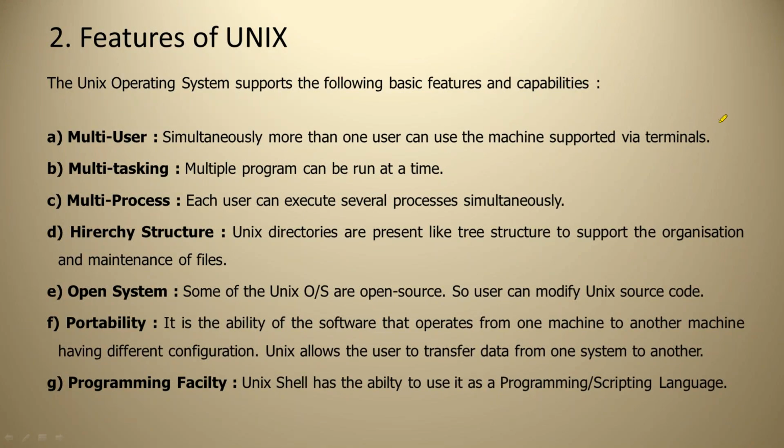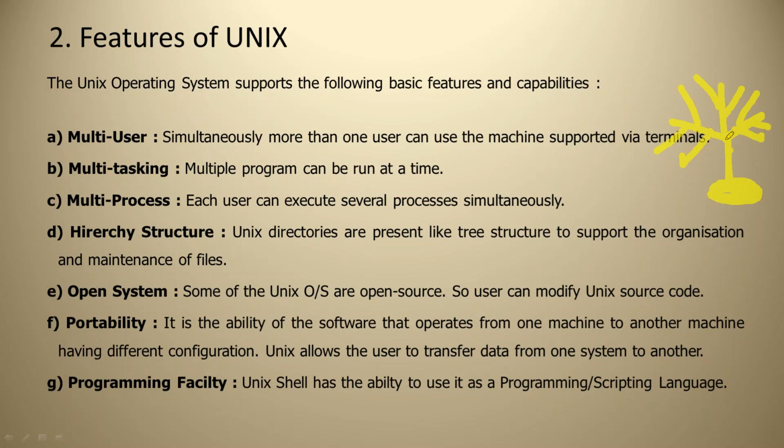So one root will be there, and from that root only different branches will come. This is one main branch, main branch, main branch. From these branches some sub branches will come, 1, 2, 3, like that. From this branch again sub branches will come, this branch again a few sub branches will come. So in this type of structure you will get in Unix. So the starting point is this root only. So root is the origin, and after that